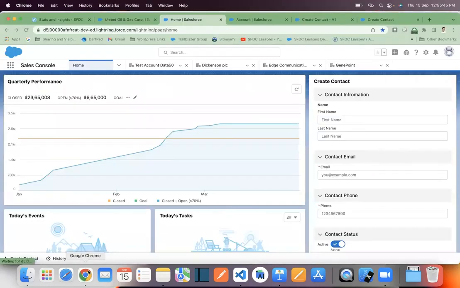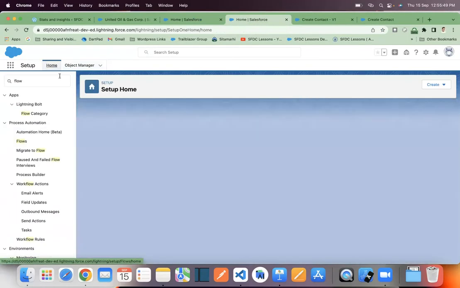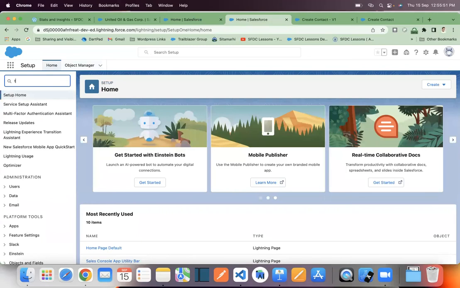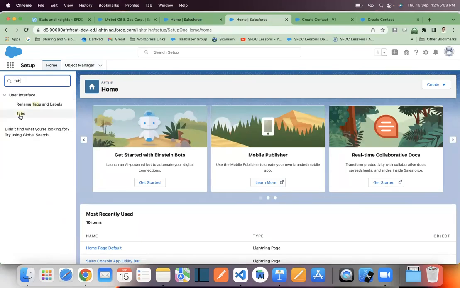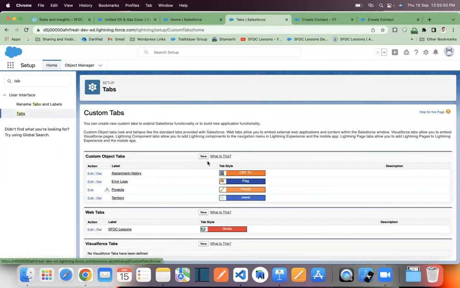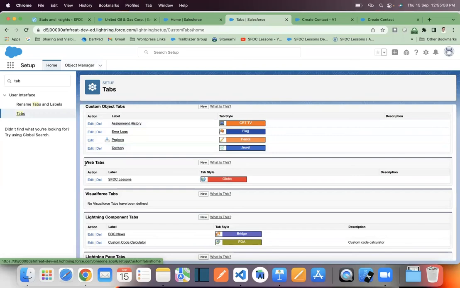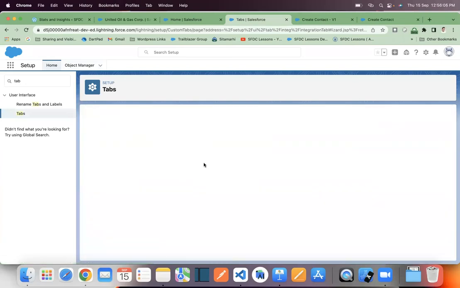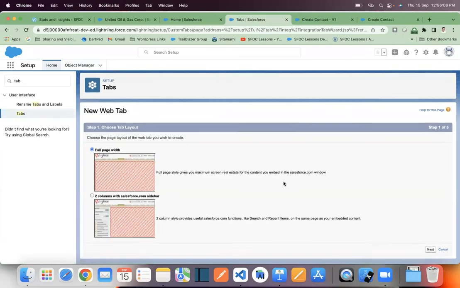Let me just create a web tab. Go to setup and search for tab here, and then click on Tabs, and here you see we have a list. So it's a web tab, so you just need to click on the new button,